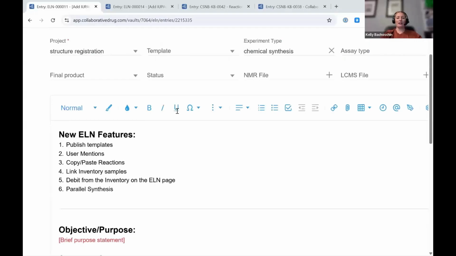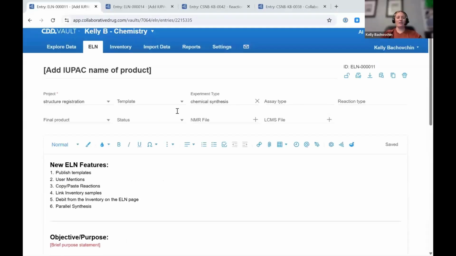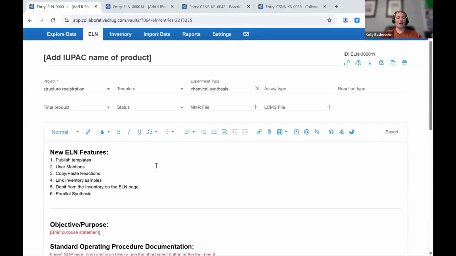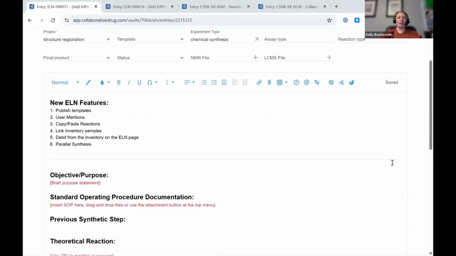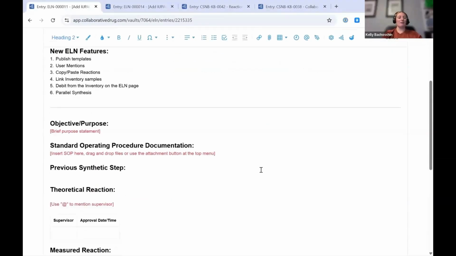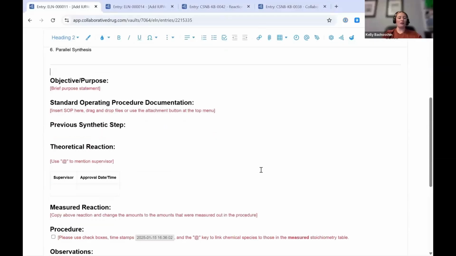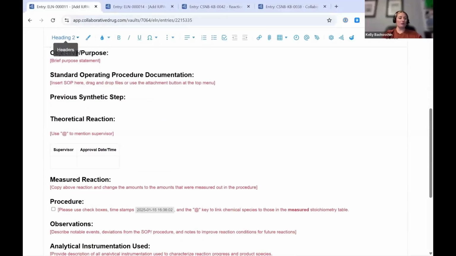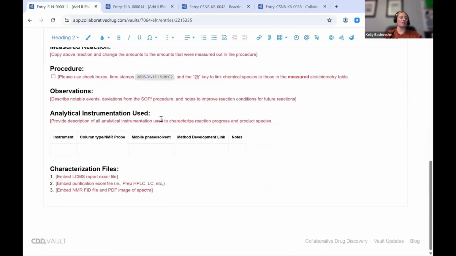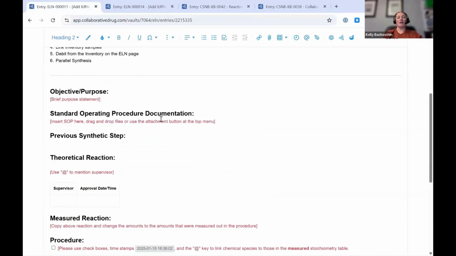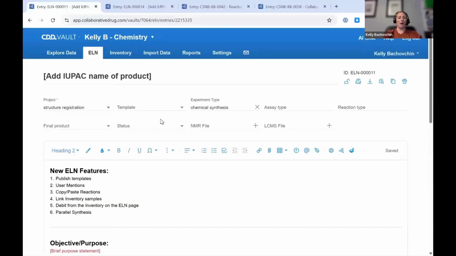So I'm going to zoom out here and just show you the rest of this ELN entry that I have already pre-populated as the Vault administrator with some example information that I want my users to fill in, using various different header sizes and colors to show the instructions for each of these sections. So once I have my entry set up the way I wanted to, I would then use this create template